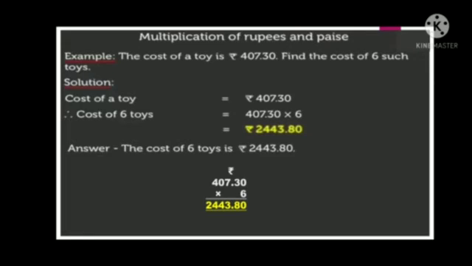So students, while doing the multiplication of rupees and paise, just we have to forget about the dot and multiply as the simple multiplication. So first we do the multiplication of 6 into 0. So 6 zeros are 0. Then 6 multiplied by 3